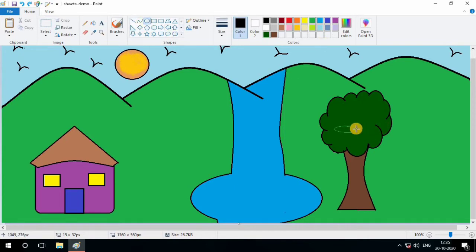So take it again and draw a small one, and select tab, select the circle also, Ctrl C means copy, and Ctrl V means paste. So this circle is copied and pasted.